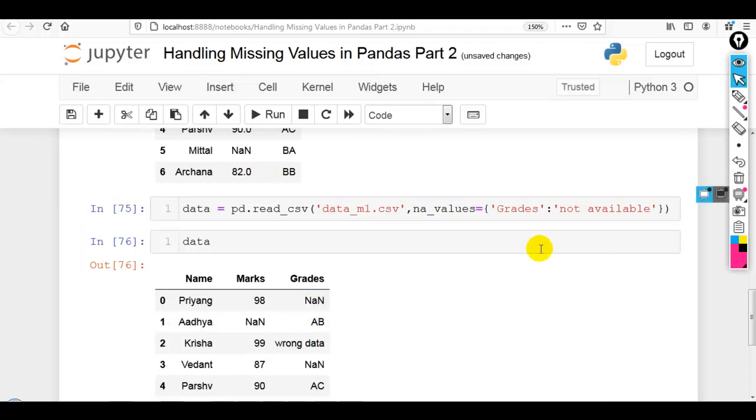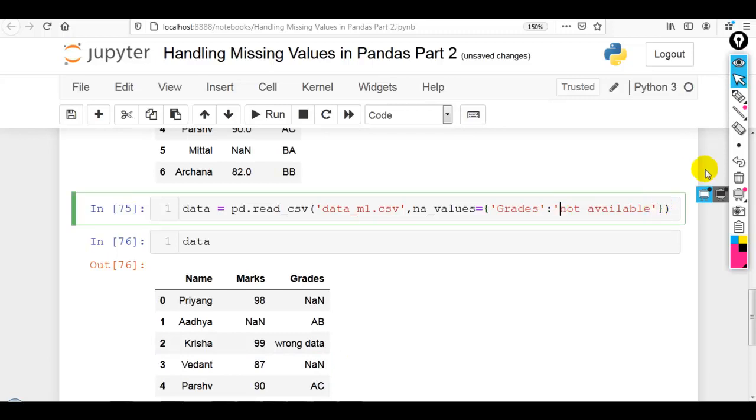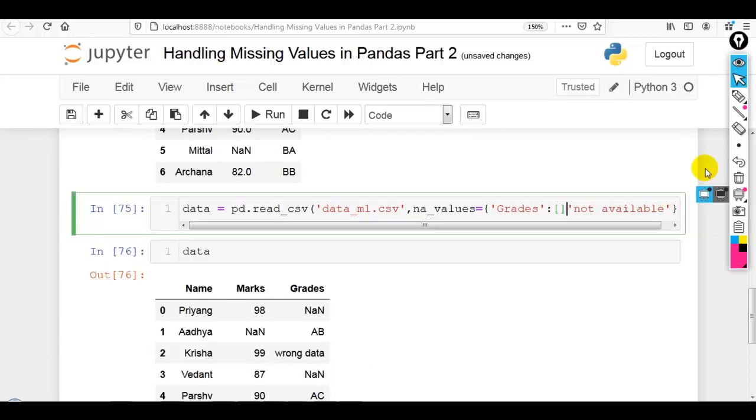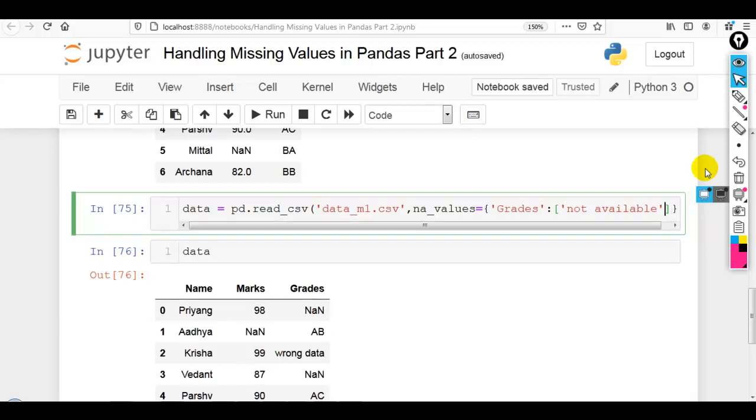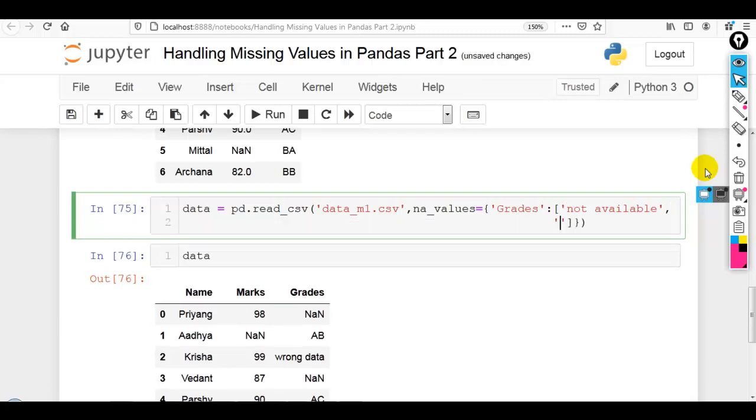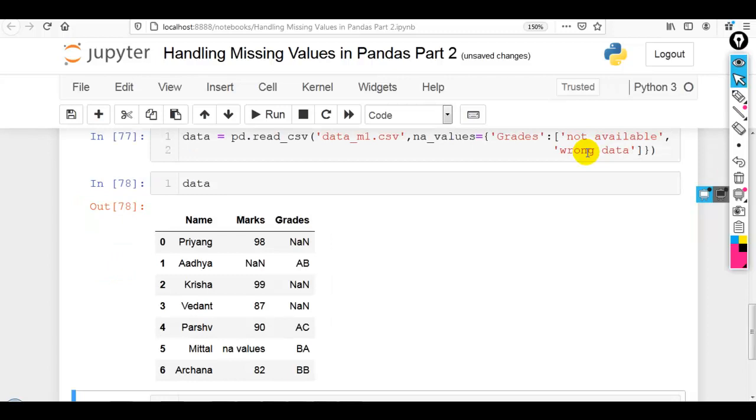Now if we want to consider multiple values of the grades column and convert them into NaN, then here we have to use a Python list as the Python dictionary value. Now here we can write another, like wrong data of grades column. Now you can see not available and wrong data values are converted into NaN.